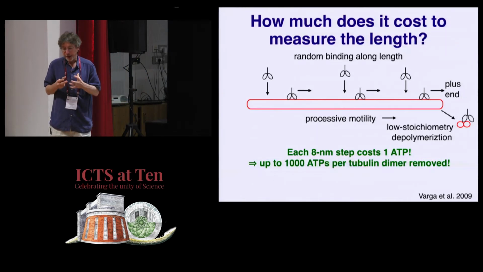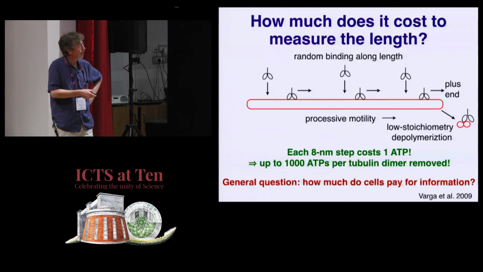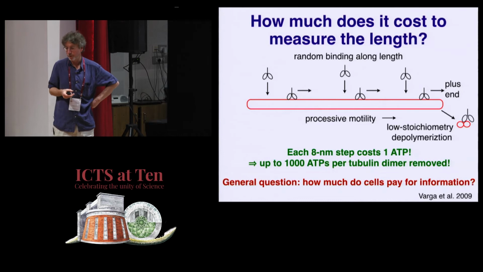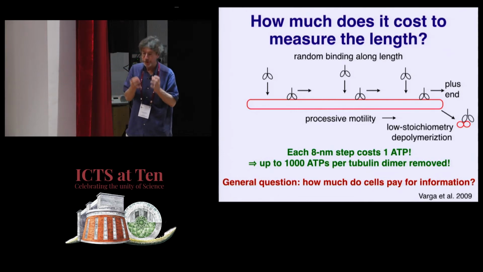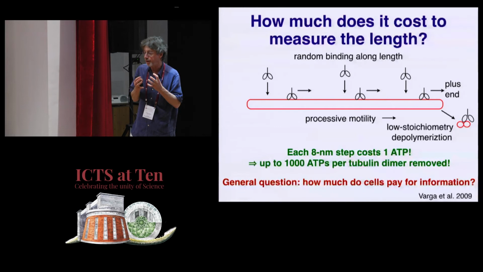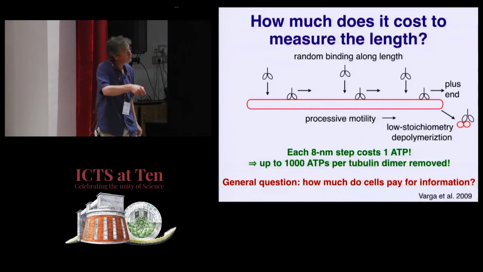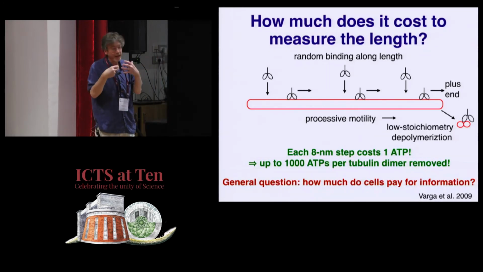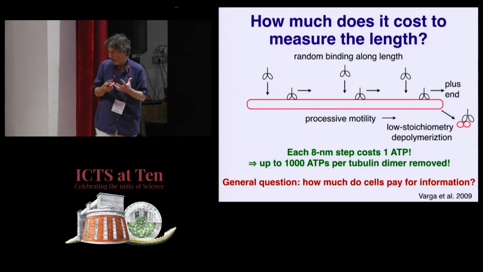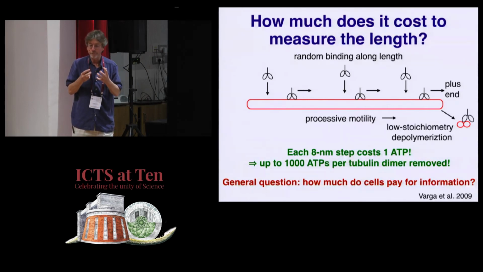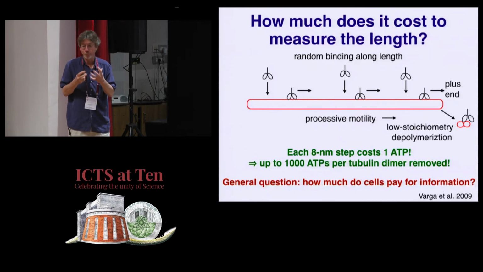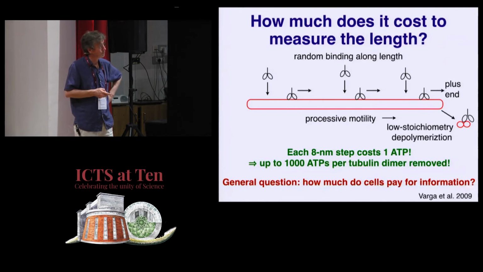And it really begs the question, and it's a question that we've been fascinated by, not just in this system but in other systems as well: how much do cells pay for information? Because we know at one level, for example, in the synthesis of ATP, cells are incredibly energetically efficient. But when it comes to signaling and getting information about themselves, they're just reckless in the amount of money that they spend, and we have no idea what the worth of information really is in biological systems. Okay.